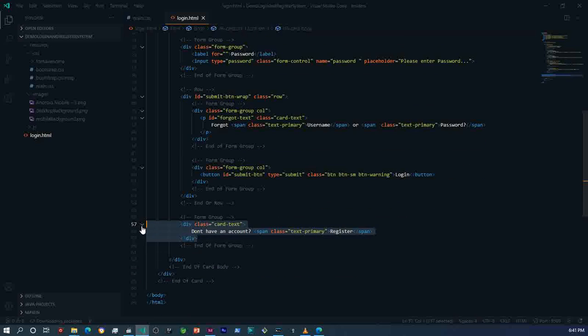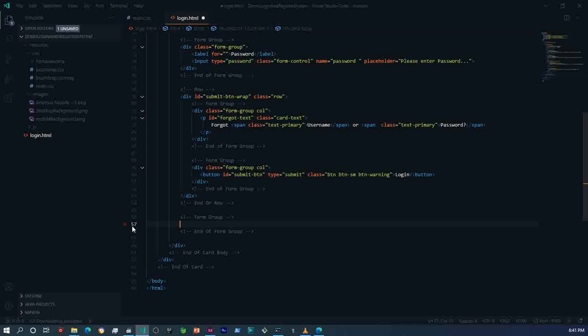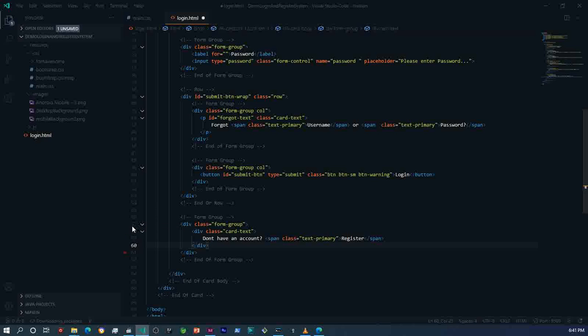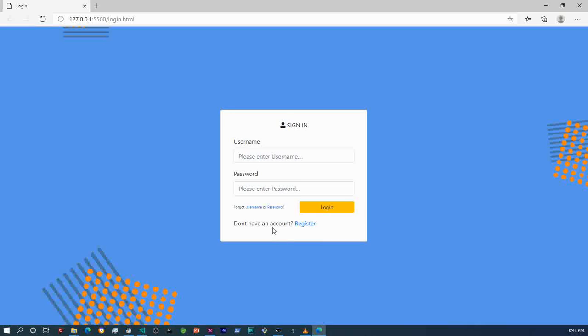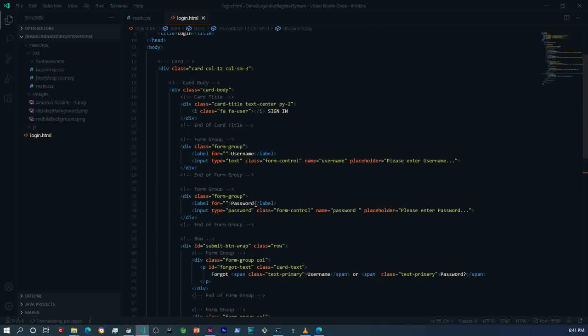Oh, by the way, I actually forgot to put this within a form group. Okay, now let's check it out. Okay, so there you have it. Now the two last things I want to do is I want to give this card a box shadow, and then I want to change the background color of these input fields. So for that, what I'll do is I'll add an ID here, saying form wrap,